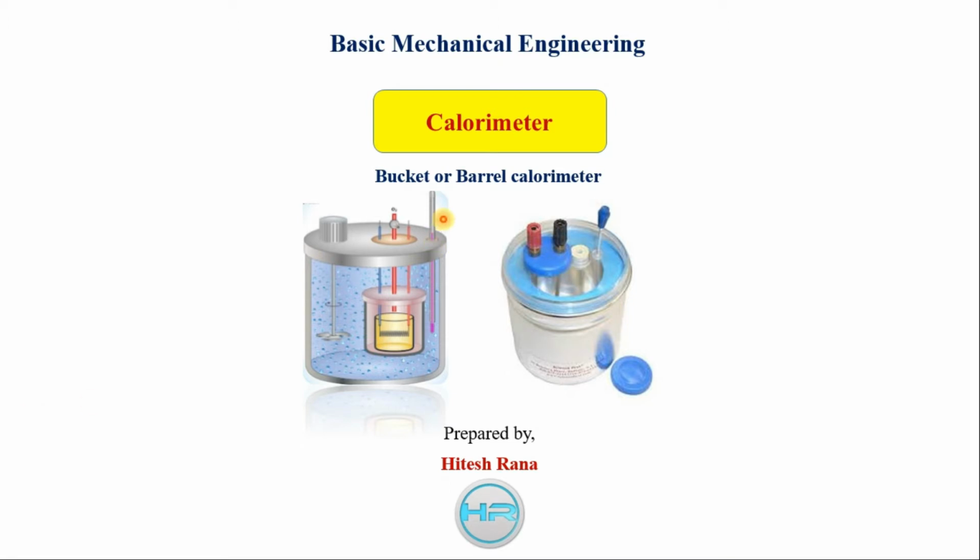Okay, so today we are going to discuss the calorimeter. In the properties of steam chapter, we defined a term called dryness fraction, which is the indicator of quality of steam, meaning how much amount of dry particles are present in the system. So using a calorimeter, we can experimentally determine the value of dryness fraction for a steam. A calorimeter is basically an instrument that measures the dryness fraction of steam.